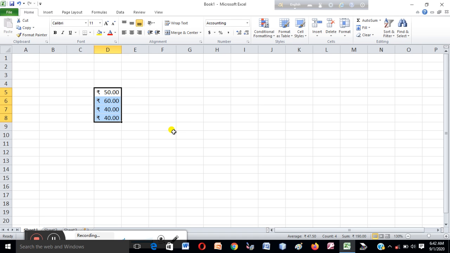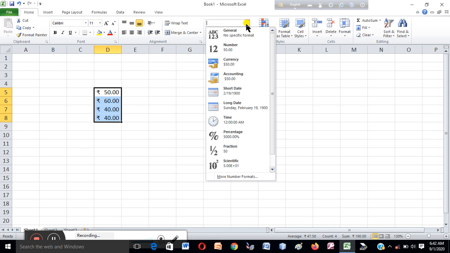Okay, next point, that is Accounting. It is also similar to currency, used for accounting purposes. This displays cell data as a number with a separator. How? Look, there is the option that is Accounting.